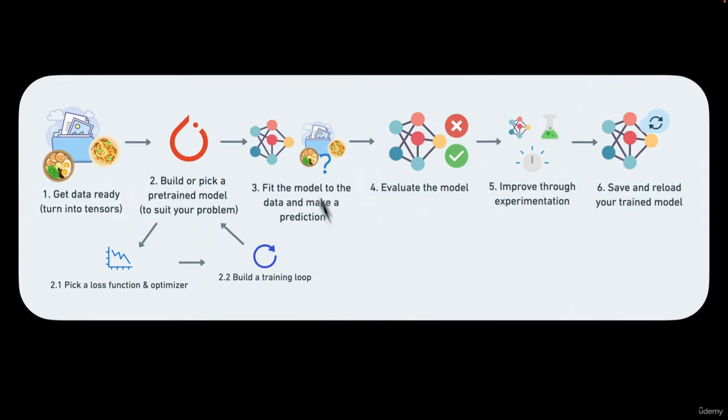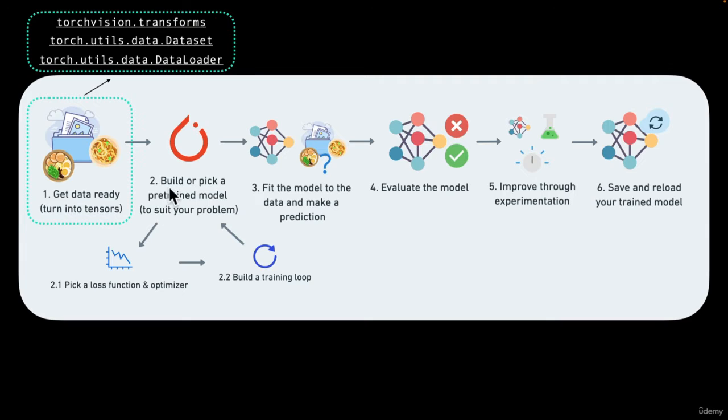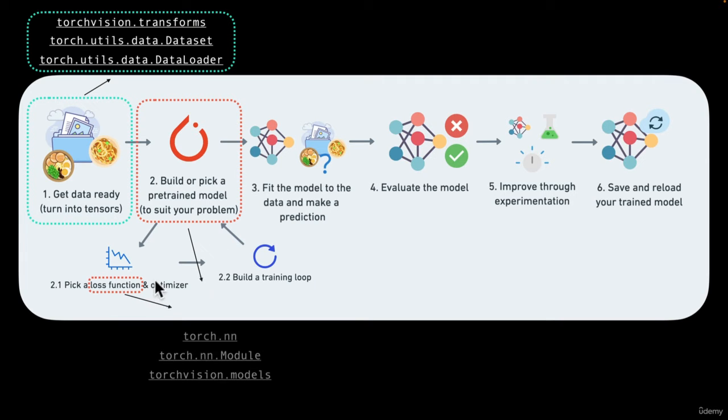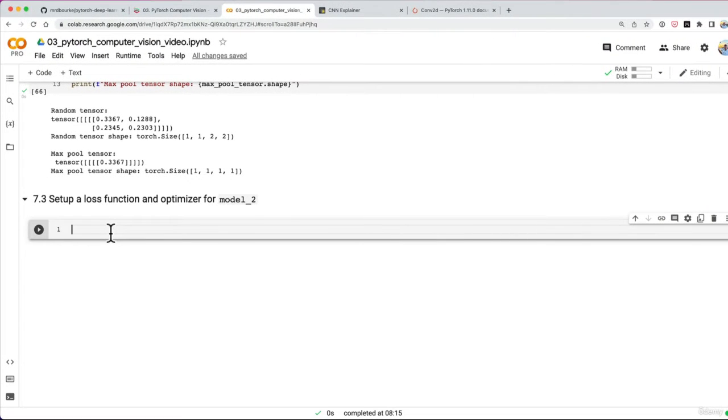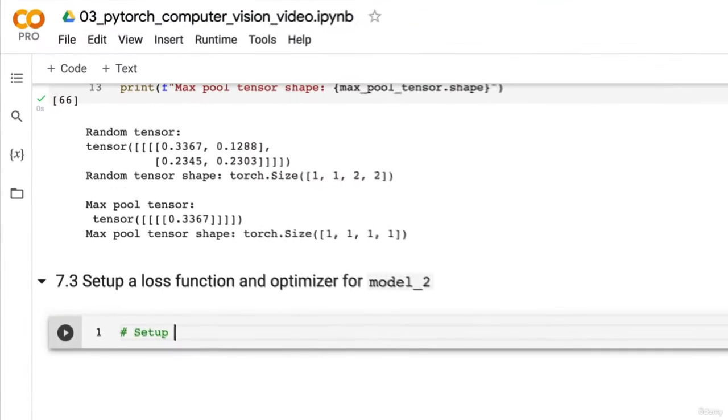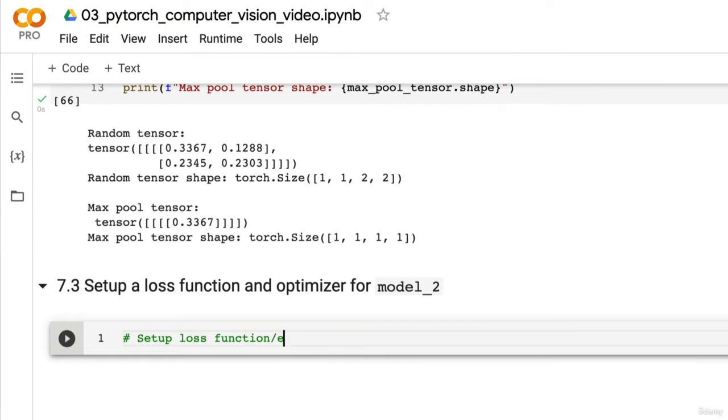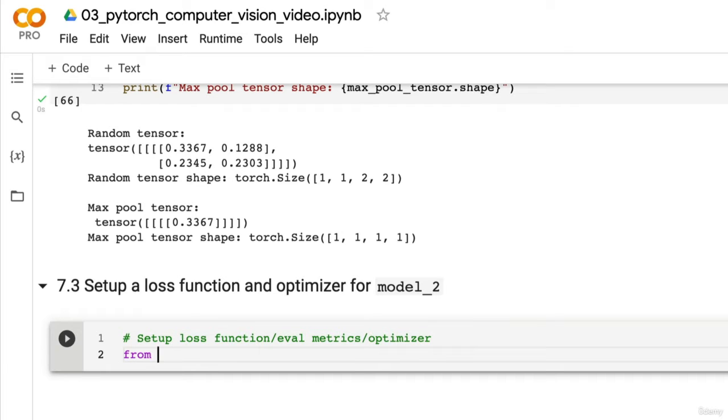And if we look where we are at the PyTorch workflow, we've got our data ready. We've built our next model. Now here's where we're up to. Picking a loss function and an optimizer. So let's do that, hey? Loss function, or we can do evaluation metrics as well. So set up loss function / eval metrics / optimizer, and we want from helper functions